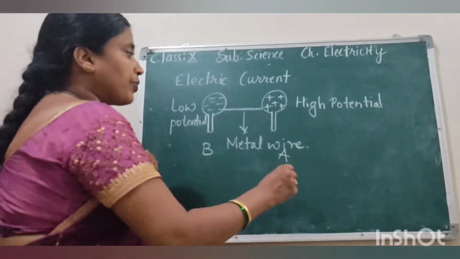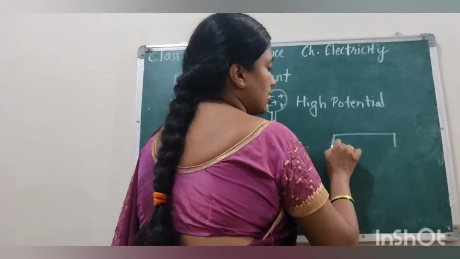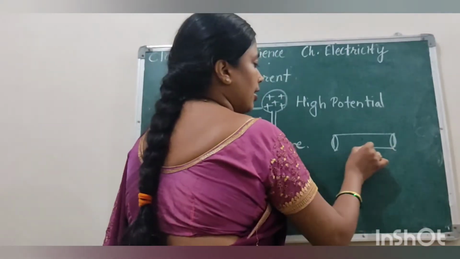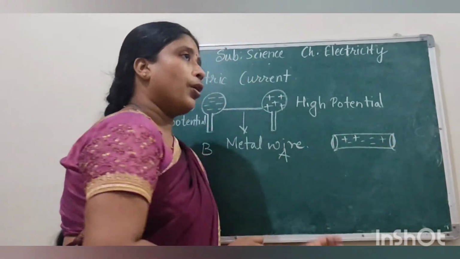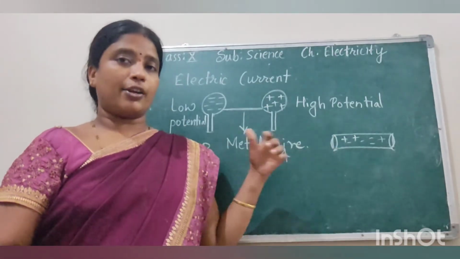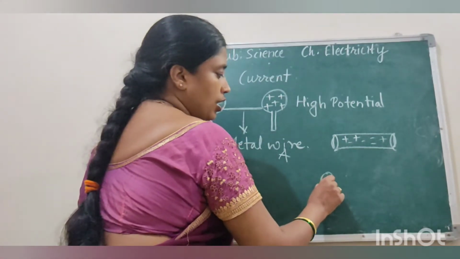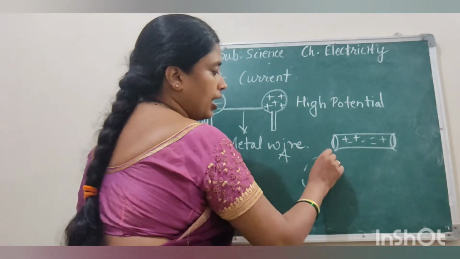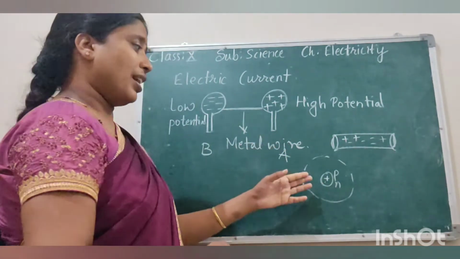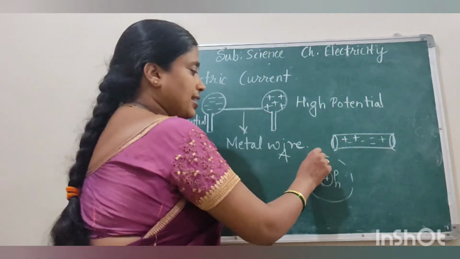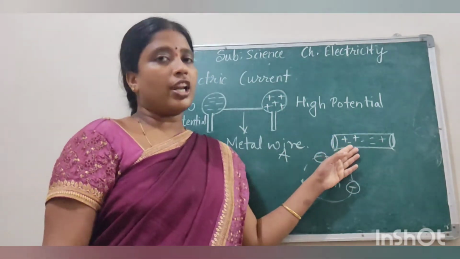And as you know that in any metallic body, positive and negative both charges are there, but positive charges are fixed to their place, they do not move. Like in atom, as we have already discussed, that atom is electrically neutral and protons and neutrons are present in the nucleus, so they are fixed, so they do not move. Only these electrons only move, so the negative charges only move.